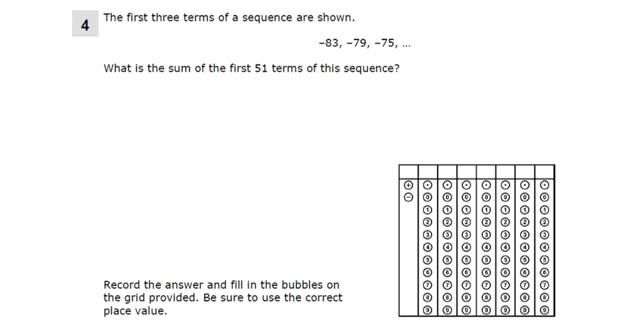Okay, next, 4. The first 3 terms of a sequence are shown, and you get a pattern here where these things are adding 4. This is what kind of sequence we're talking about. This is called an arithmetic sequence because we're going up by the same amount every time. So d is equal to 4, and it's going to be plus 4. And our first term, a sub 1, is going to be equal to negative 83. And so we can just take these and make another 48 digits